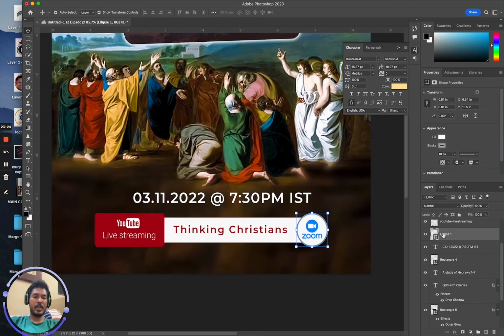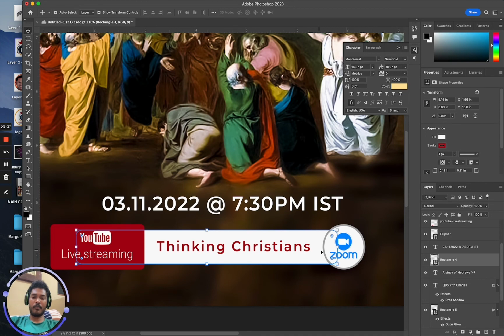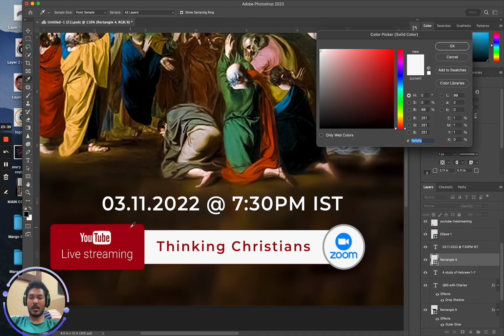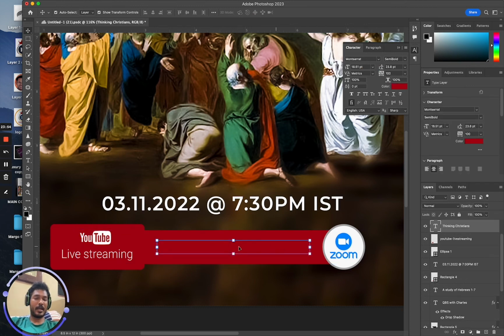Maybe I'll change the circle color to the same red, or no, it does not match, so let's keep it as white as it is. Maybe we will try to change this color. To change the color of any shapes, rectangle or ellipse, is very easy. You can double tap over here and then you can choose the color, or you can pick any color from there. Yes, I have this color picked, but the text went off